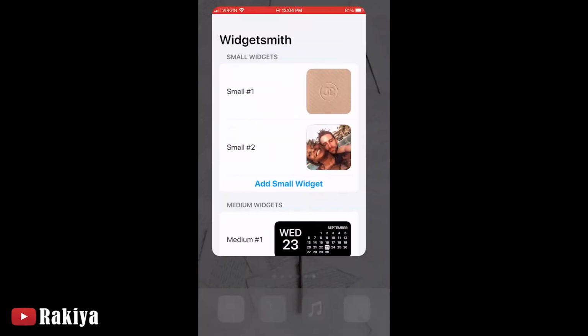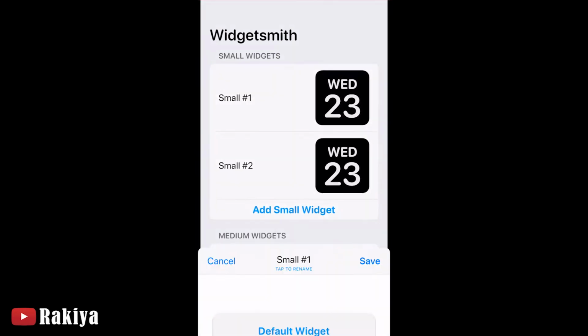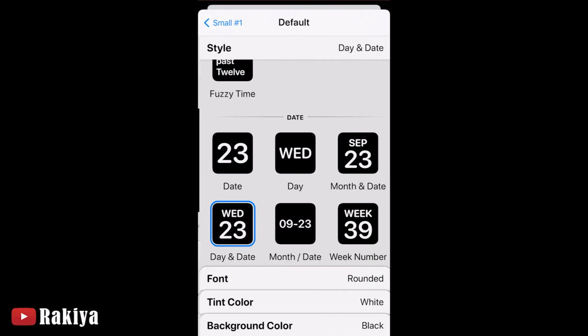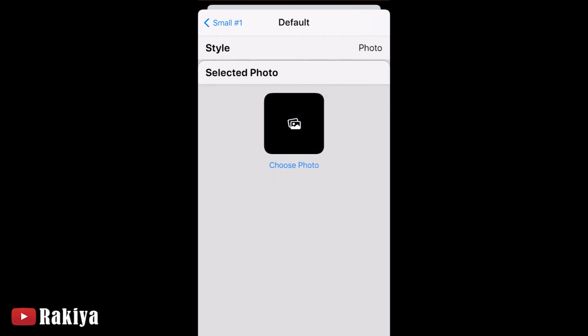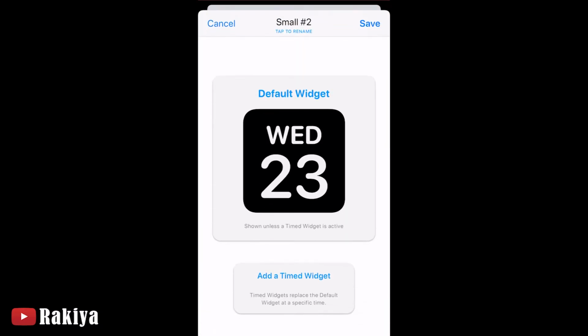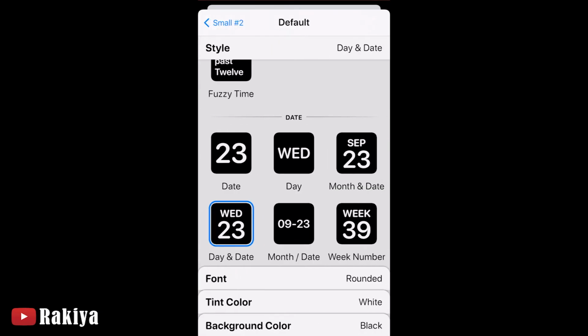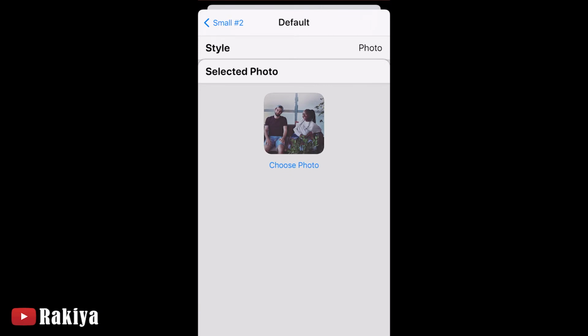We're going to launch Widgetsmith again. I'm going to add 2 small widgets. And again, scroll down to Photo, selected photo. And I found this image on Tumblr of a rose, and I think it'll go well with my background. And the second photo is of me and my partner